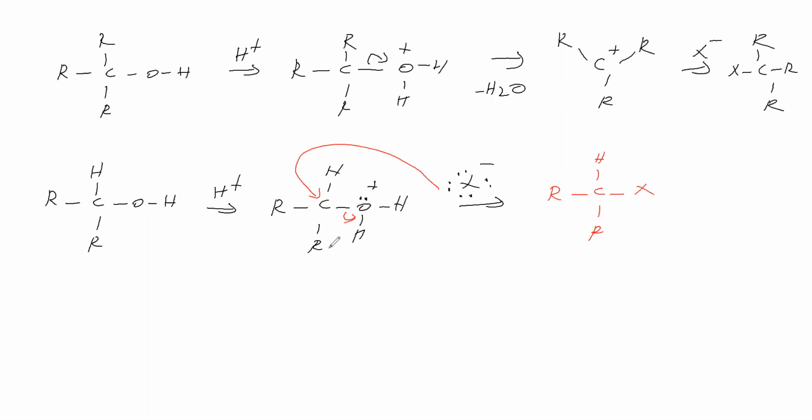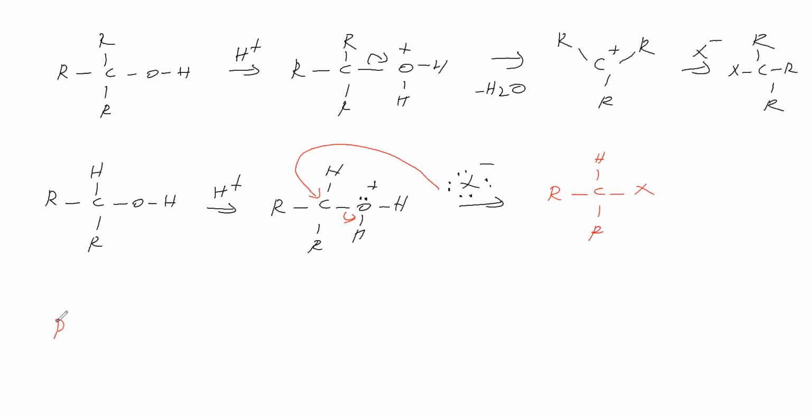Now you see that this carbocation is stabilized by three alkyl groups. Since it is tertiary, the rate of reaction is fast. Since it is secondary, the rate of reaction is slow. Therefore it gives turbidity, which is insoluble in Lucas reagent. For secondary, this turbidity is formed within 5 to 10 minutes, but for tertiary it is formed immediately.